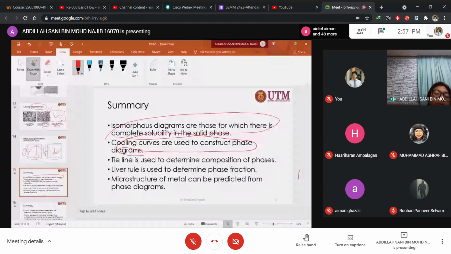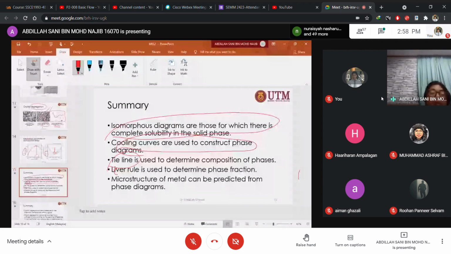We know how to use the tie line. This is the lever rule, used to determine the phase fraction. We came to that now, and